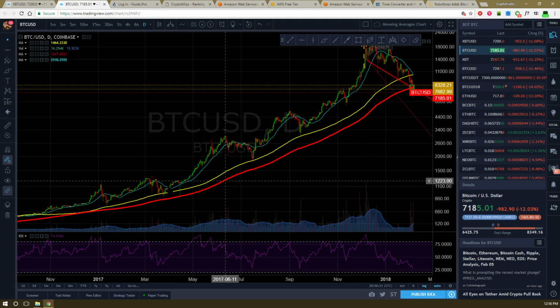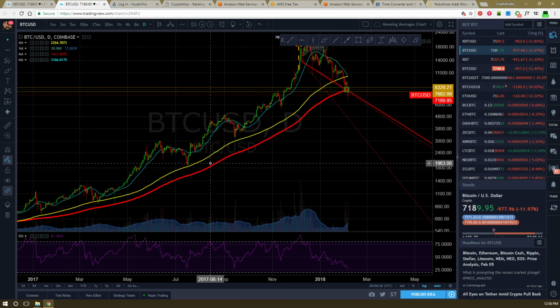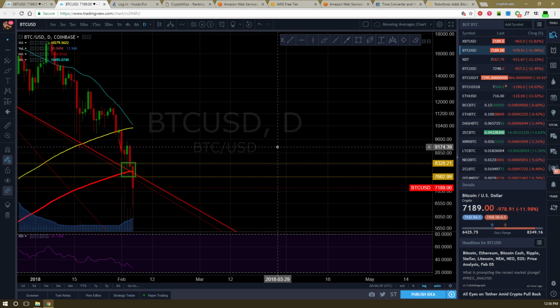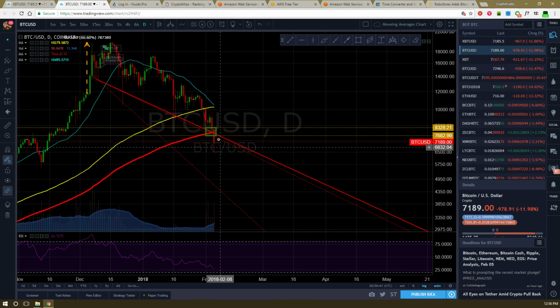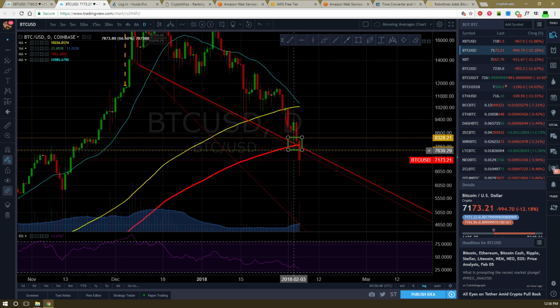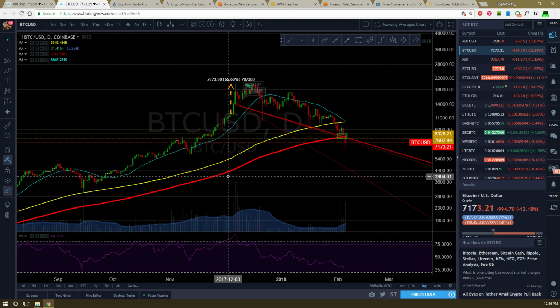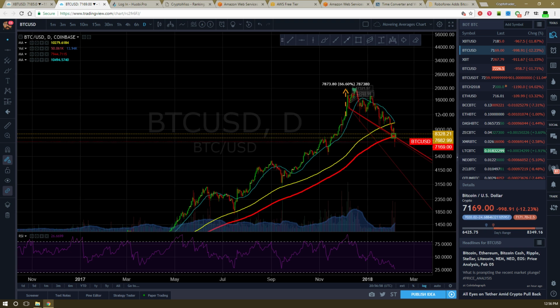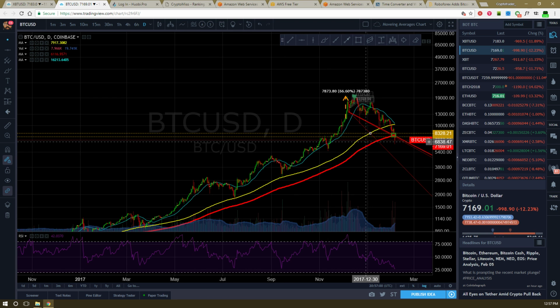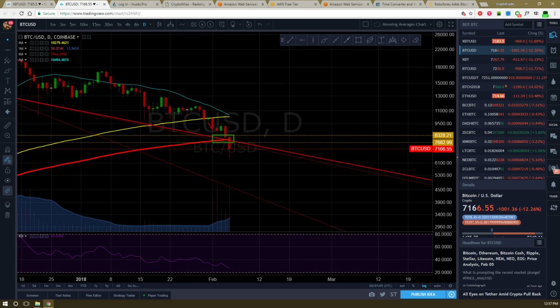Now, do you sell? Because it hasn't crossed yet. Actually, it has crossed, but it has to close beneath this one in order for this to actually become a seller's paradise. So is it going to close underneath? It may. It very well may. I'm not going to say I'm extremely bullish on Bitcoin, I'm not going to sit here and lie to you. I am bullish ultimately on Bitcoin, but if the price falls, I'm going to get out and I'm not going to hodl. I am going to begin my hodl after it stays above this red line. That's what I'll do. But right now, I'm in the game, so I can't.